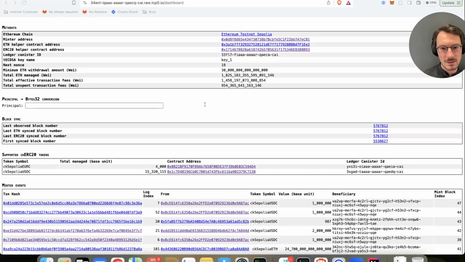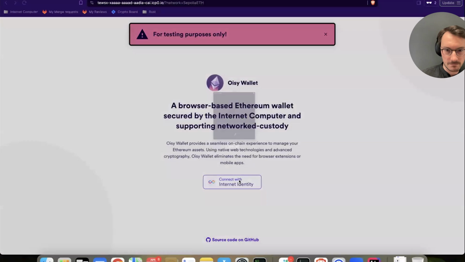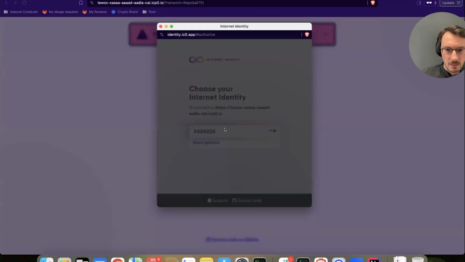Oisy is basically a decentralized wallet that's directly accessible from your web browser. It doesn't need any plugin, and you are ensured that the private key cannot be reconstructed by any single entity. It's like a threshold share among the IC nodes. So let me authenticate.